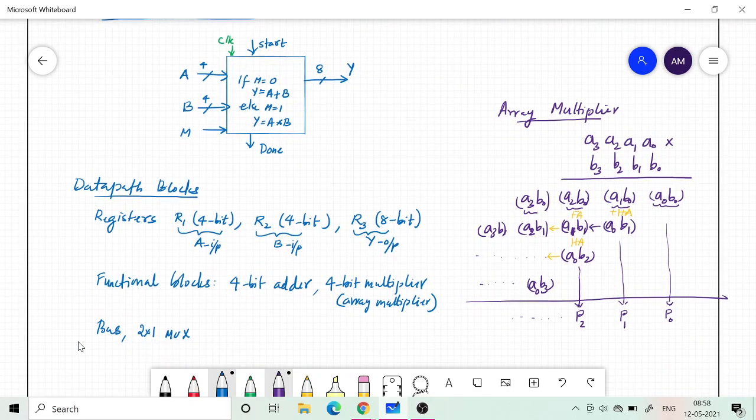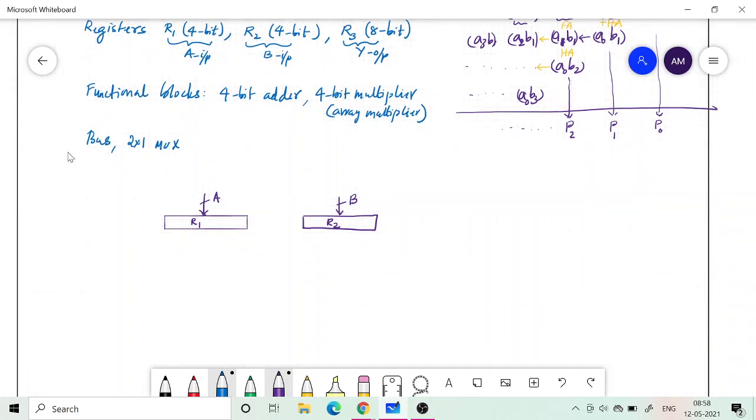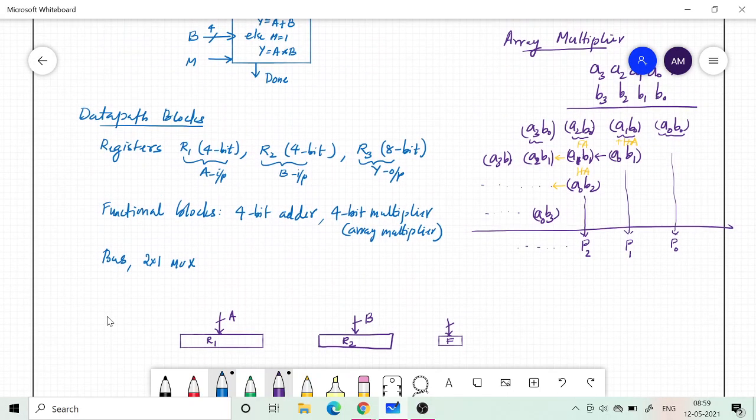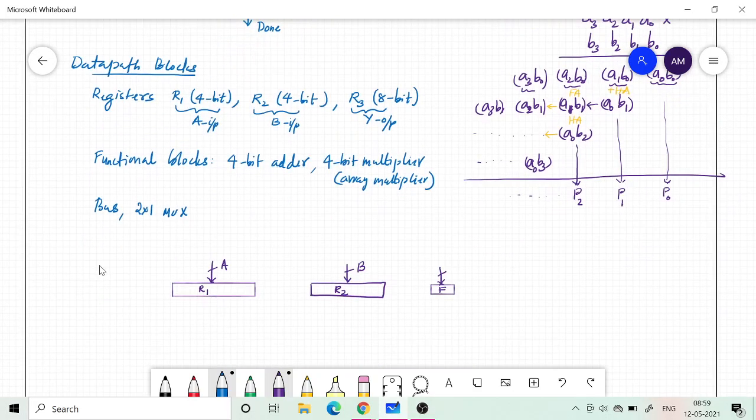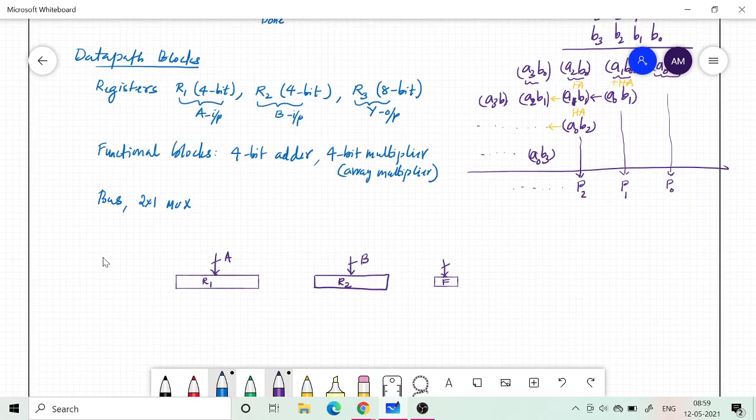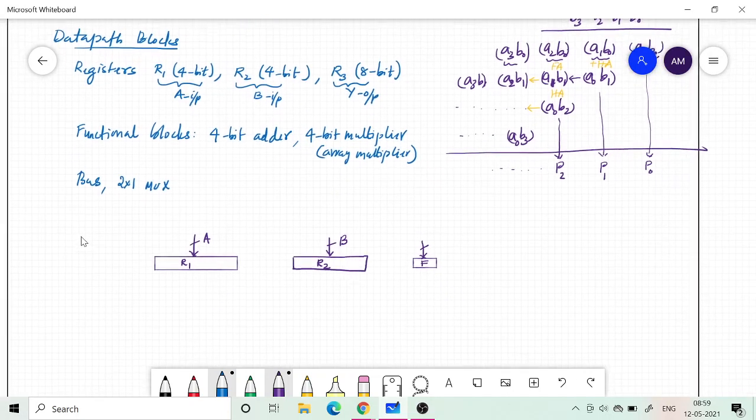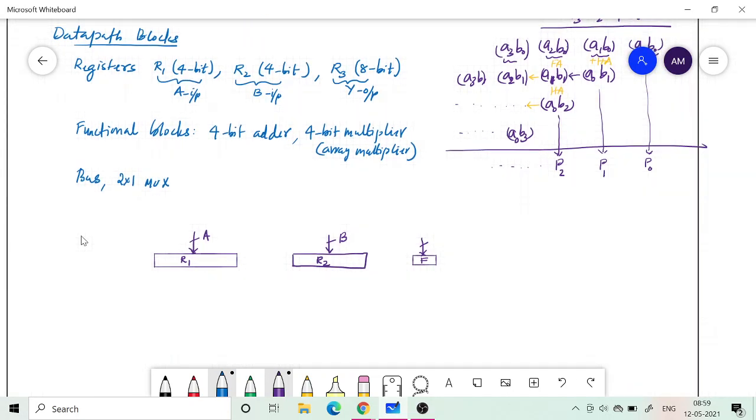And suppose we want to load the M input also to some other data register, let's say the F register. It's a 1-bit register, which I have not mentioned earlier. If you want to keep that also stored inside, you have to use a single bit storage element like a D flip-flop. So that is my M input. Let us specify that also.